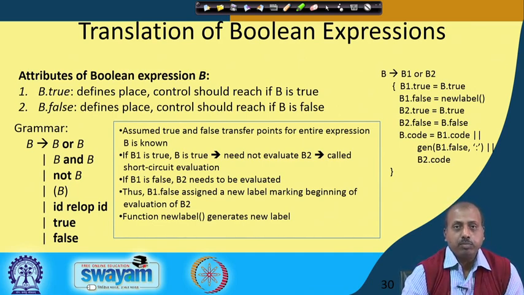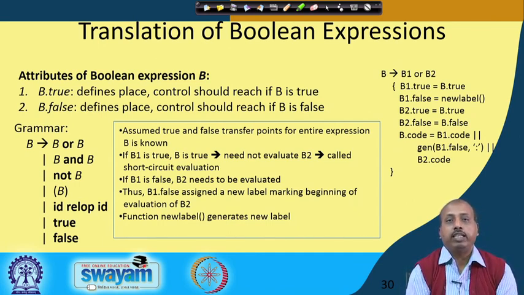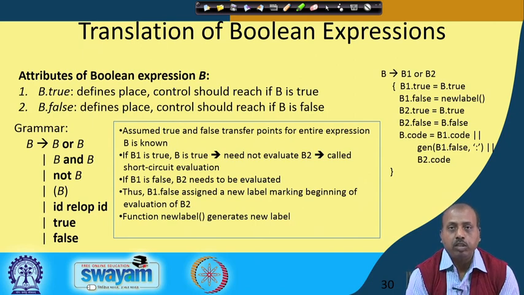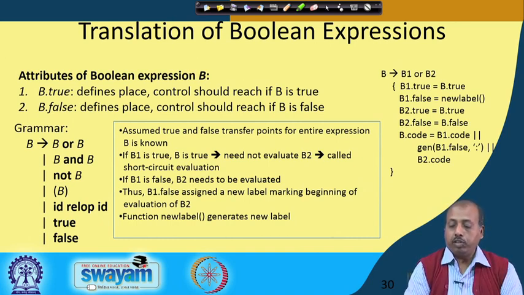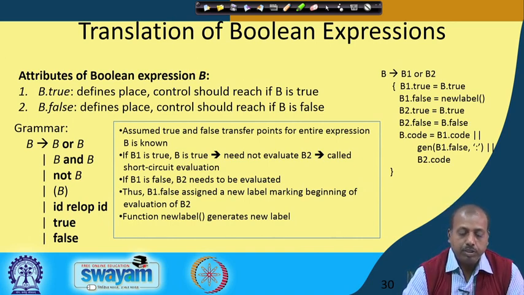Boolean expressions are very important, because many a time we have these Boolean variables and Boolean controls, like if then else type of control, while loop type of control. So, we have these Boolean expressions, and they form part of the control statements in a programming language. For doing the translation of the Boolean expression, we will do it like this.